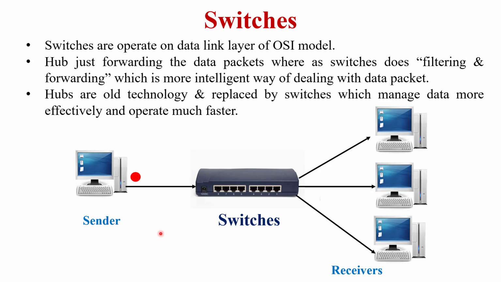So here we see in the diagram, in case of switches, when a data packet is received by the switch, it checks the destination address and sends it to the correct receiver before forwarding the data packet. Switch checks the data packet for collision. This technique of sending packets is called packet switching. So we can say that switches use the packet switching technique. The switch also maintains a list of the destination addresses of all the devices connected within a network. In this way, it reduces traffic overloading in a LAN. So this is the intelligent way of transmitting data within a network.